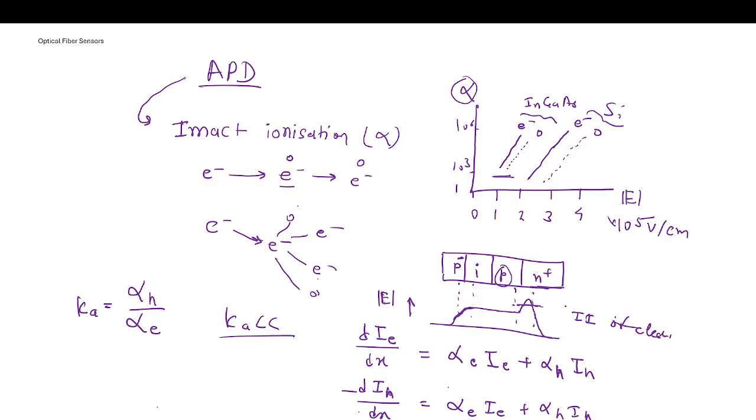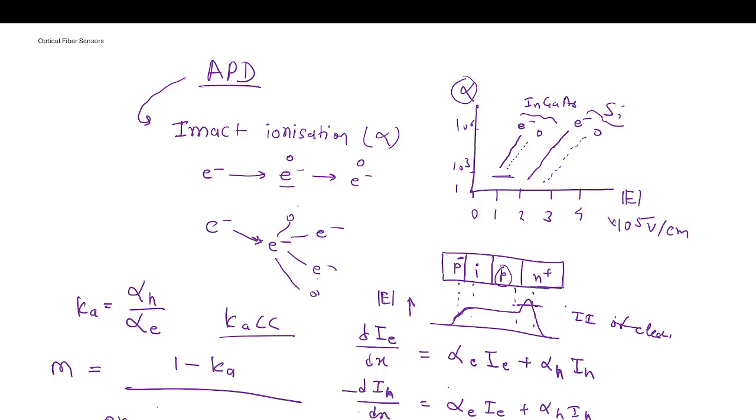So how is it correlating with the gain? We have the gain, m, the multiplicative gain, which is equal to 1 minus Ka divided by